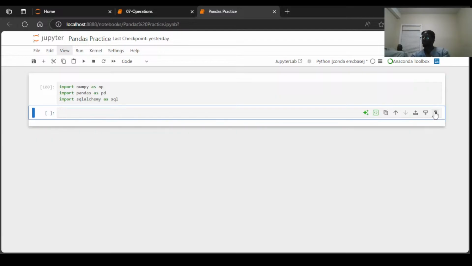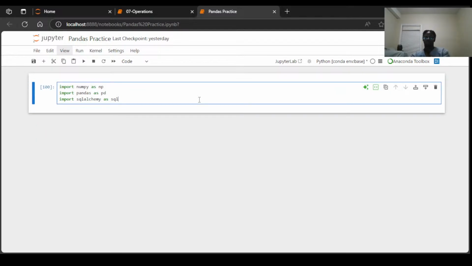Keep in mind that as we reference the files, such as the example CSV file and the example Excel file, you'll need to make sure they're in the same location as your Jupyter Notebook is. In order to check the location of your Jupyter Notebook, you can just go in a cell and type pwd, do Shift Enter, and it'll report back the